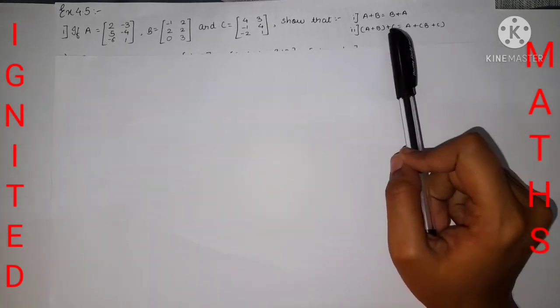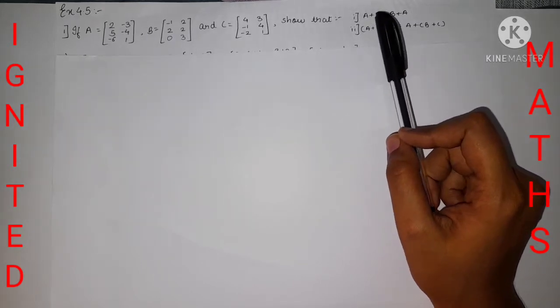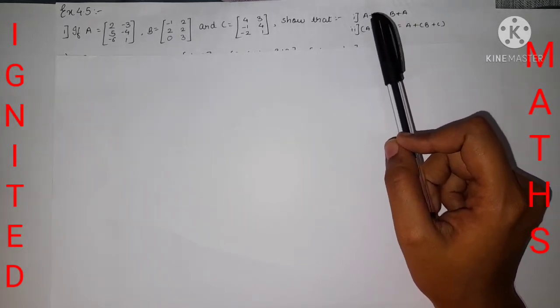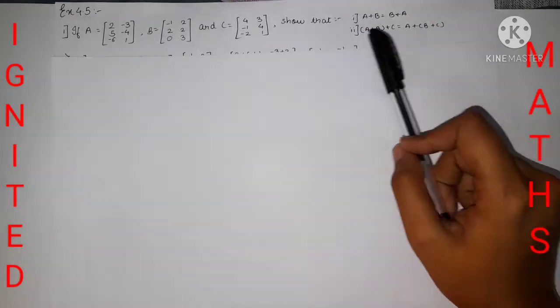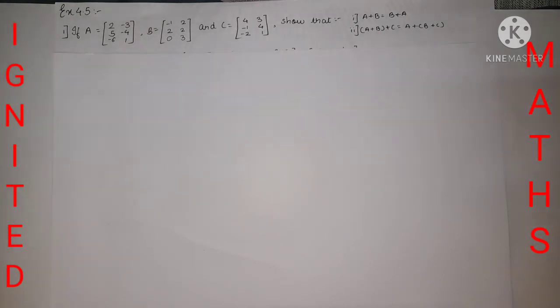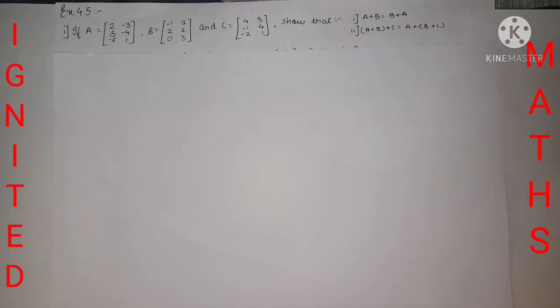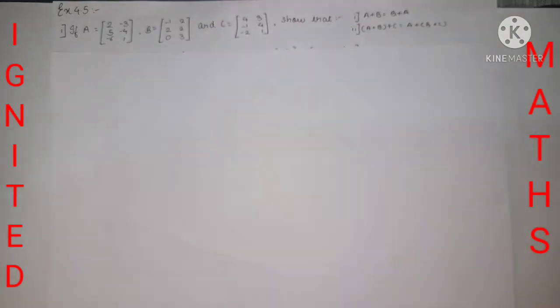Now in this video we are going to do the second sum. If the concept is clear in the second sum, then the first sum will be absolutely easy, so you can do the first sum yourself. So let's start with the second sum. First take the LHS value and you will get the answer. Then take the RHS value and you will get the answer. If you compare both answers, they will be the same, so LHS is equal to RHS. This is the proof of the associative property of addition of matrices. So with examples we are going to prove it.